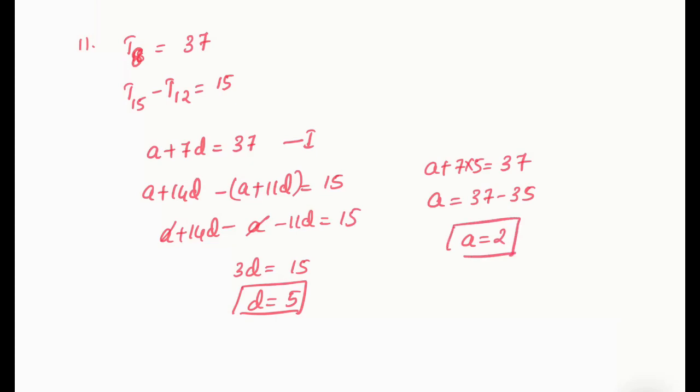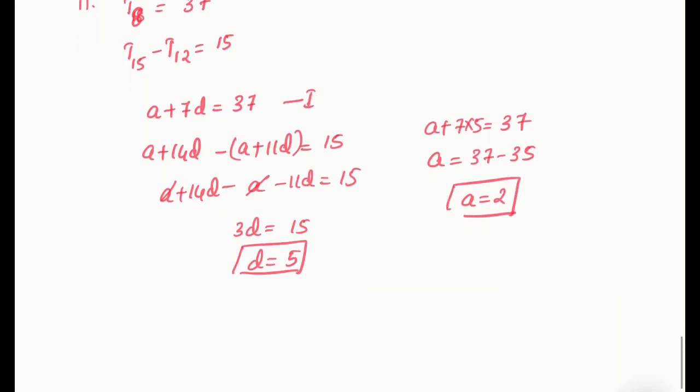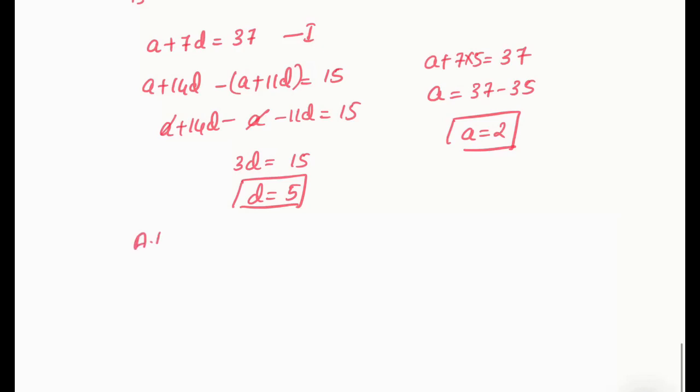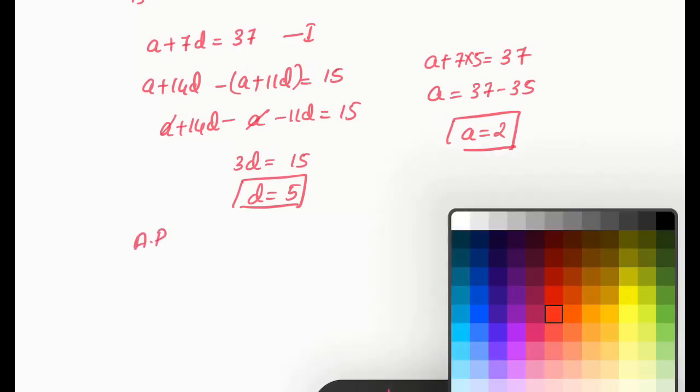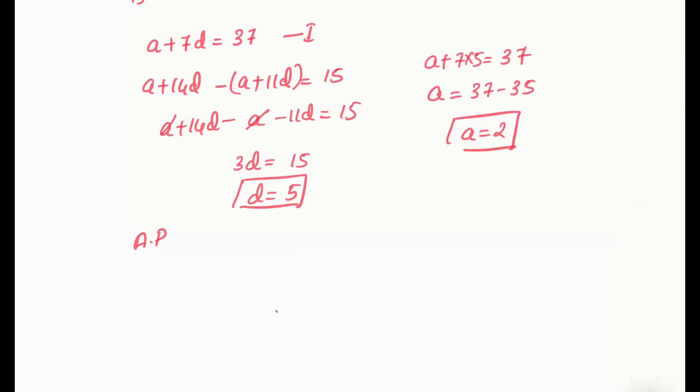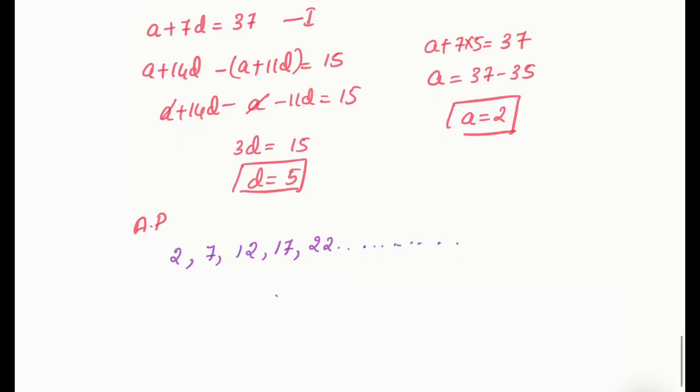Now in this question, what you need to find out? You need to find the AP first. What is the AP you get? Look at it. AP will be equal to, a is 2. So 2 plus 5 is 7, 7 plus 5 is 12, 12 plus 5 is 17, 17 plus 5 is 22. So whenever an AP is asked, better to write the first 5 terms, then you can write it as continuing. Don't just write the terms and leave it. You need to show that it's continuing. Then only it will be in AP form.